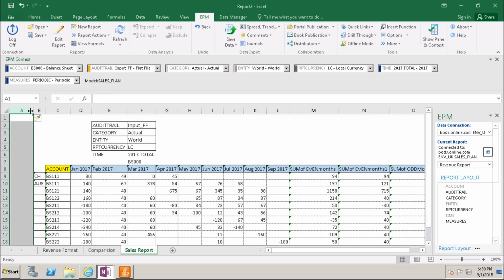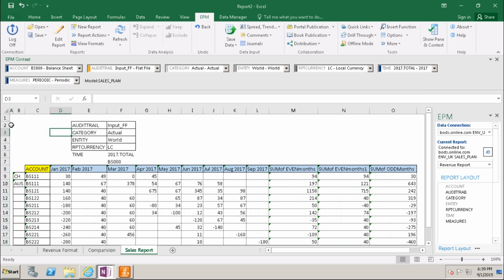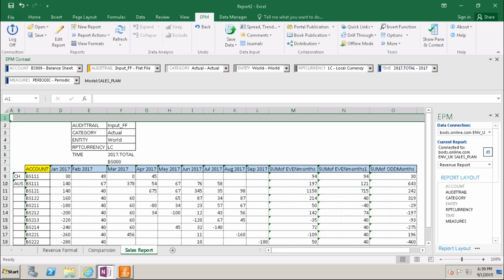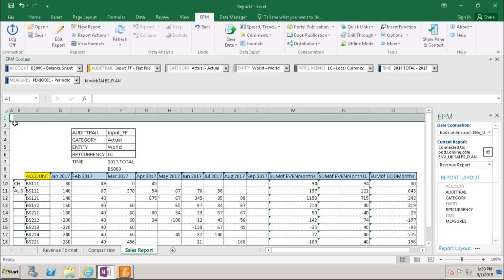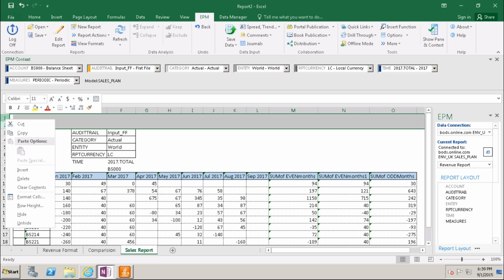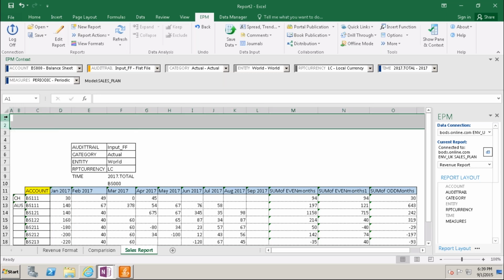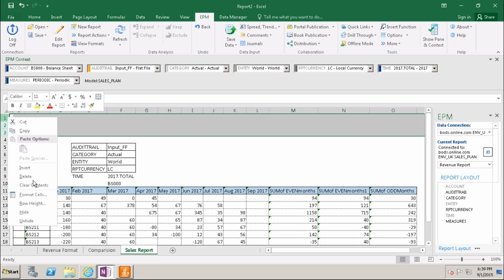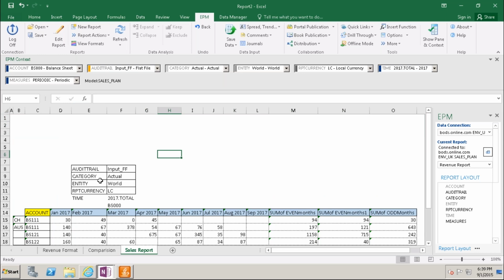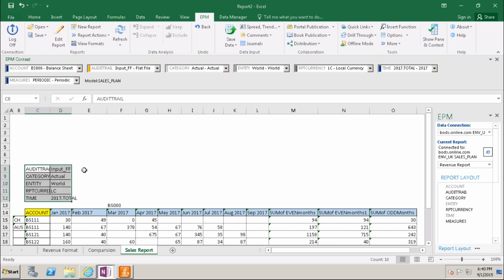Insert. So insert here and control V. Here, just my company code.